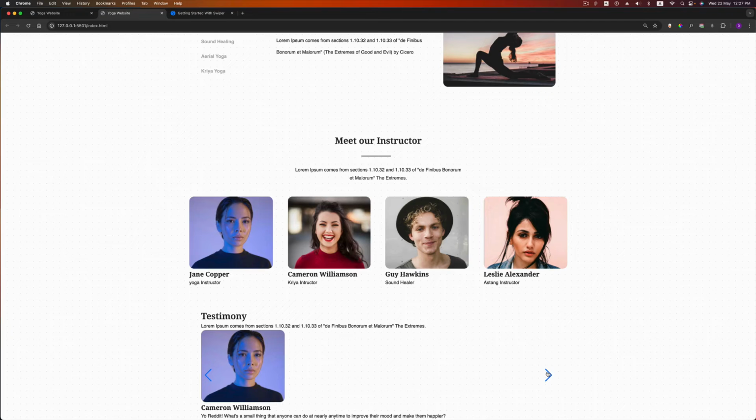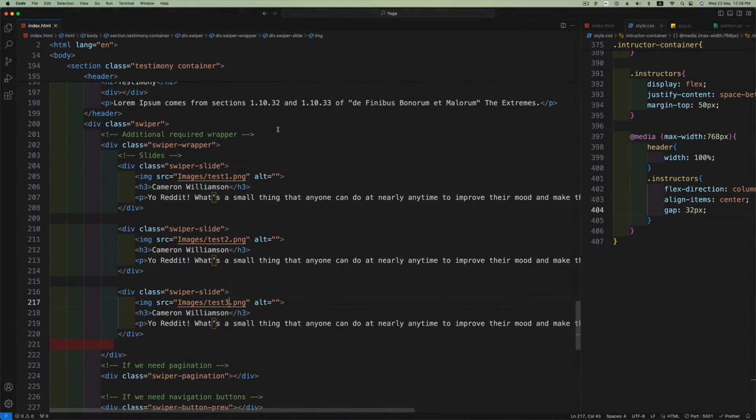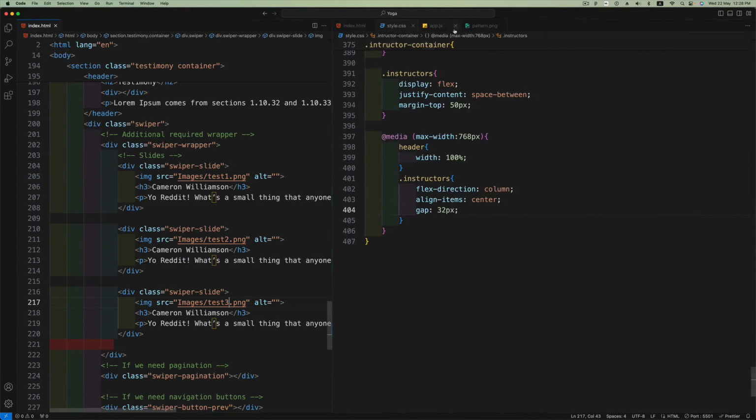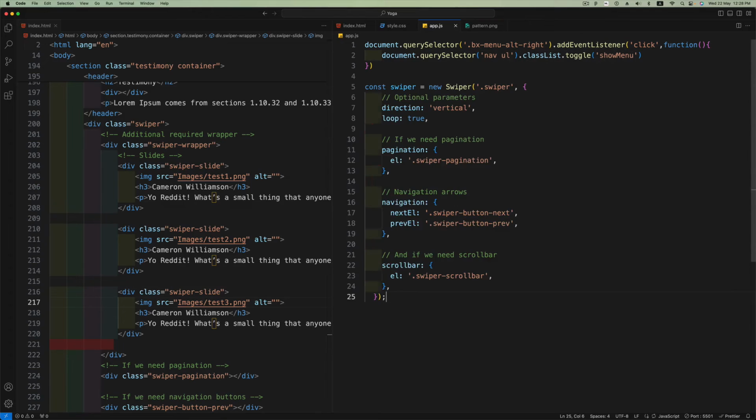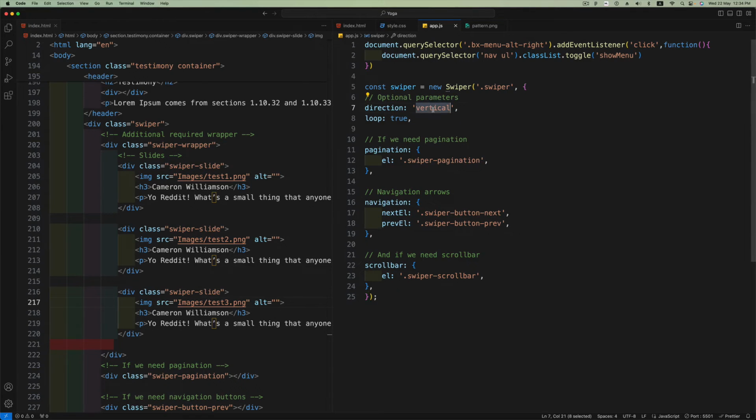So we have the slide, but it is not working now. We need to initialize it. For the initialization we need to copy this JavaScript code and paste it at the app.js file. Now in here I'm going to make some changes. First let me indent this. So for the direction I'm going to change this to horizontal,